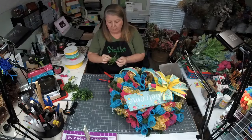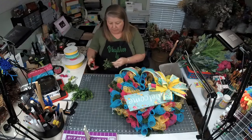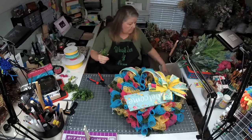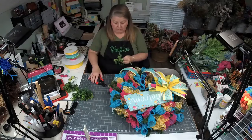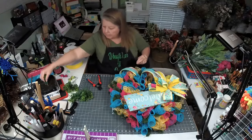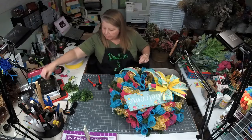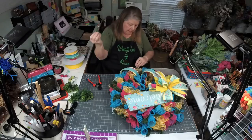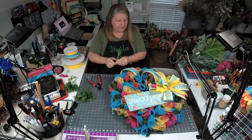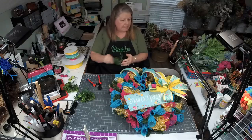Alright, now this boxwood came from my wholesaler, but you can find some at Hobby Lobby. I'm just cutting it down. I don't need it very long, and I'm going to put this in. I've got my glue pan over here with my glue sticks, and I'm just going to glue these into open places, kind of like we did last week